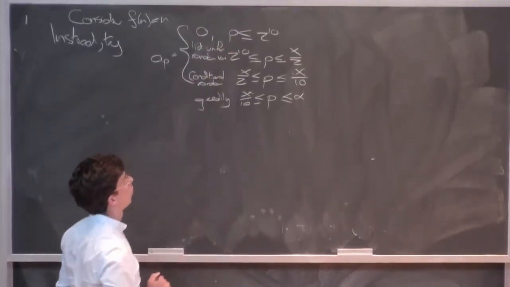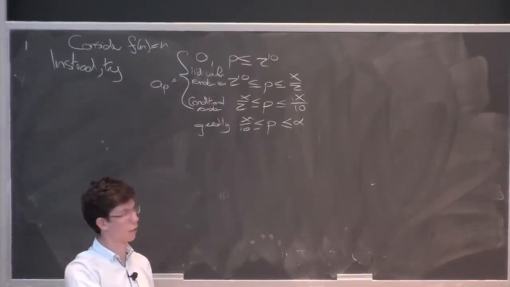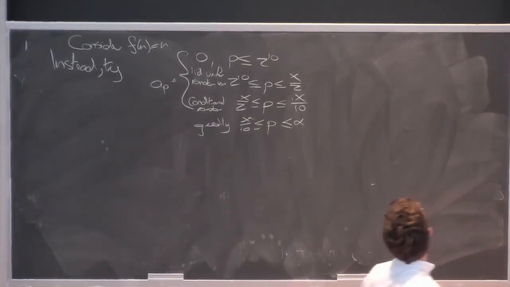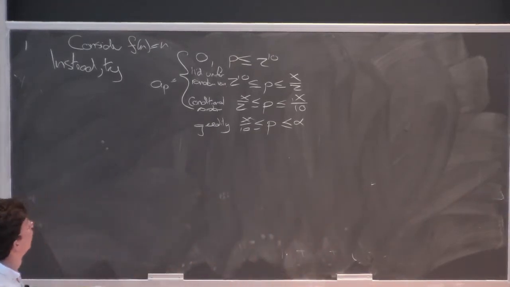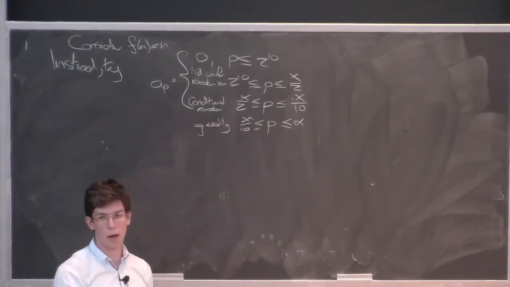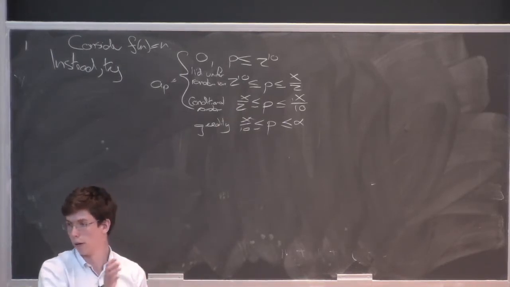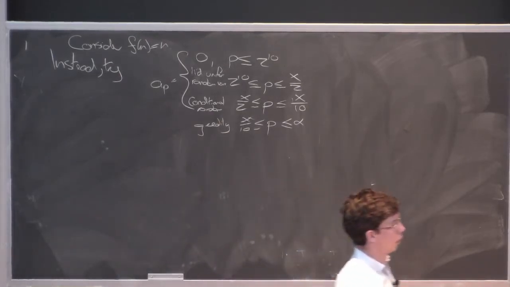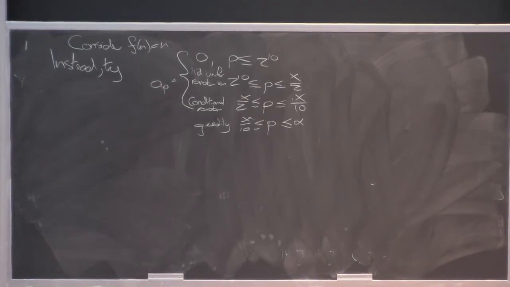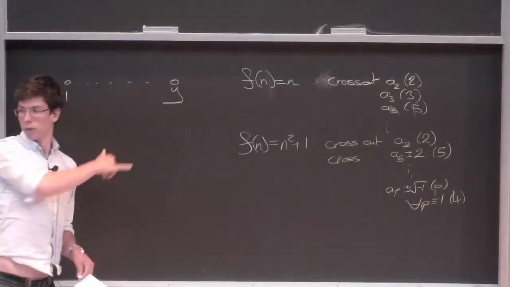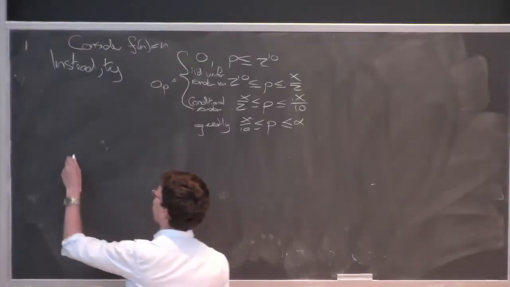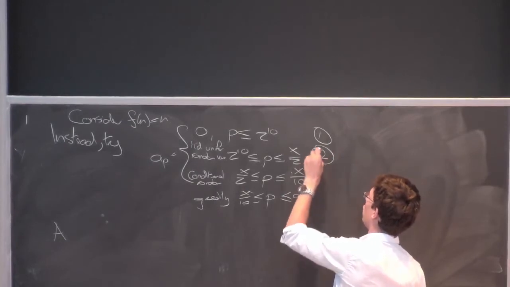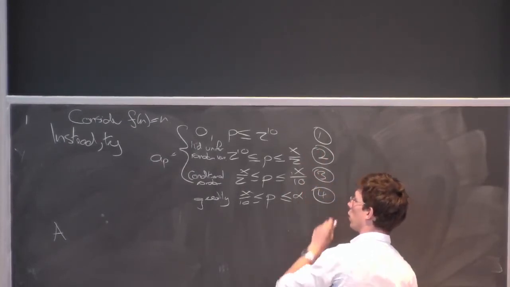So first of all, I sieve by the smooth primes. This is totally deterministic. I just get left with all the integers between 1 and y that have no prime factors less than or equal to z to the 10. I then do this random sieving where I'm just choosing my APs uniformly at random independently for all of these different primes, and this is the vast majority of the primes. So once I've done that random sieving, I'm left with some random set of integers. If I call this stage 1, this stage 2, this stage 3, this stage 4,